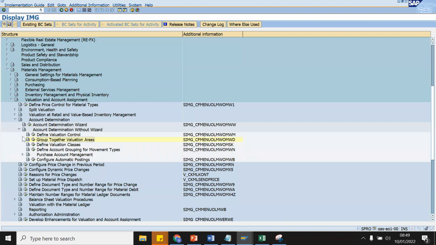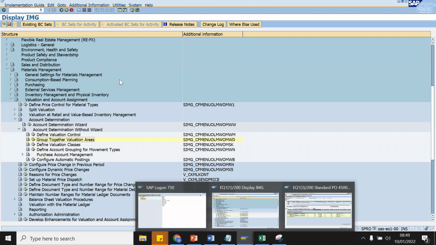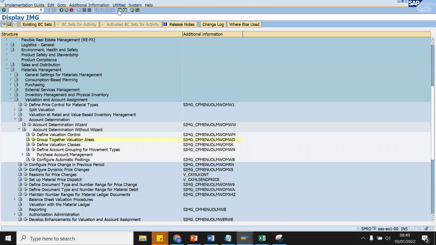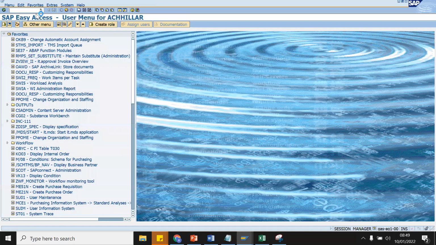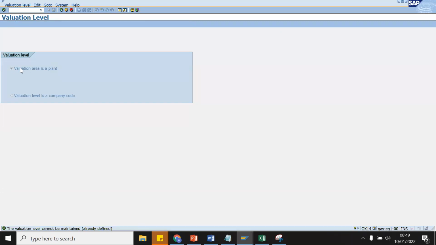Now, one more thing to remember in this part is the valuation area. When you have the fresh SAP license, you do this once and it is done on the plant level.